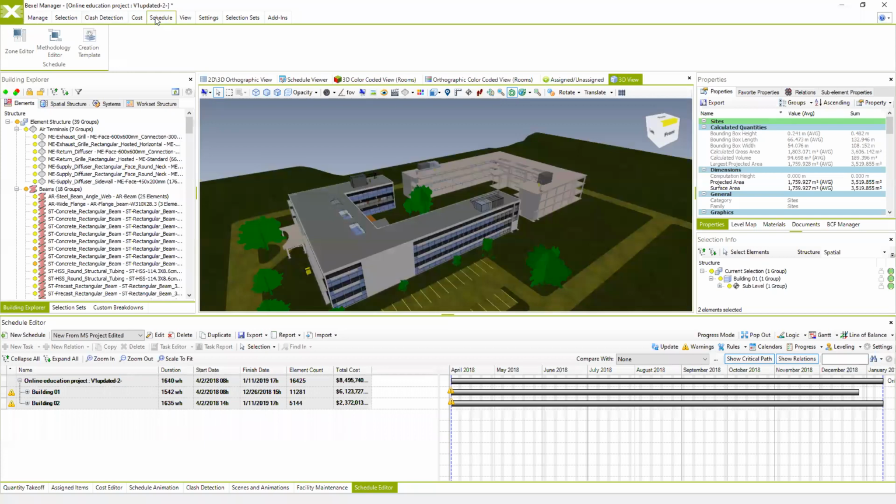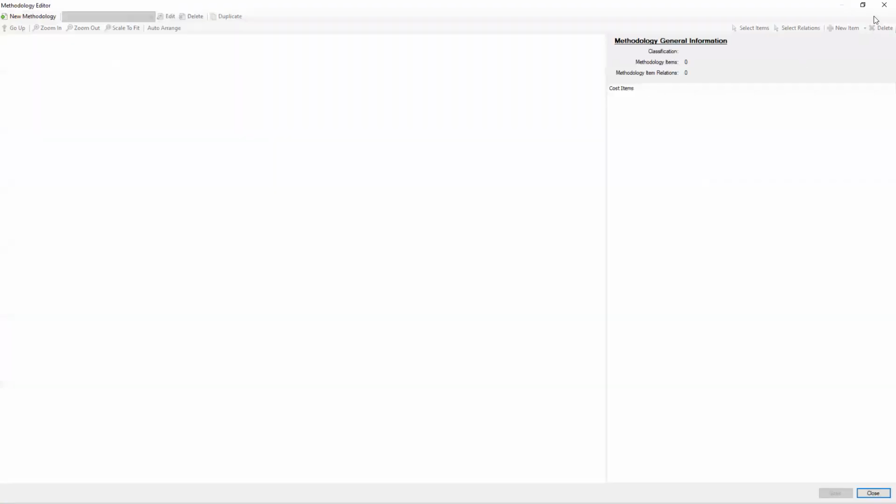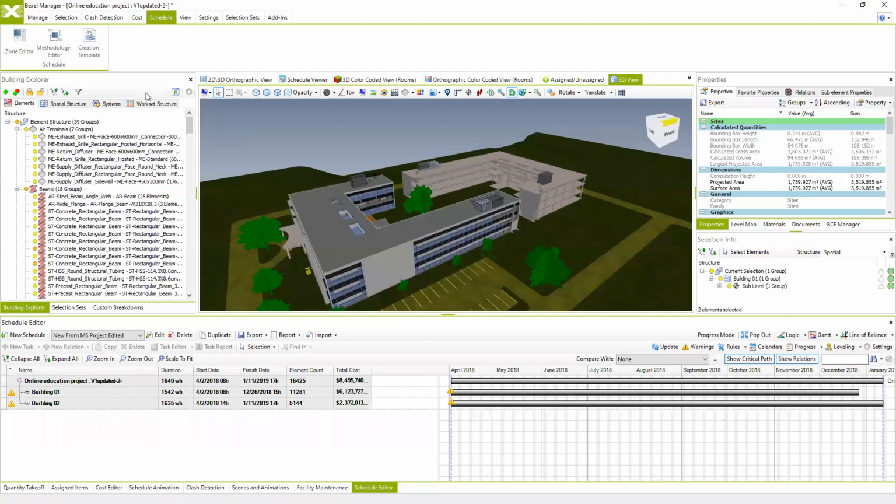These tools are positioned in the upper part of the window, and you can find them within the Schedule tab. You can see the zone editor, which is currently empty, and the methodology editor, which is also currently empty. We can create creation templates mixing these two tools, these created zones and methodology, in order to create an entire schedule. But before that,